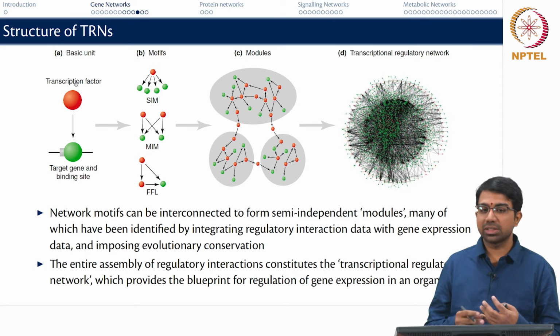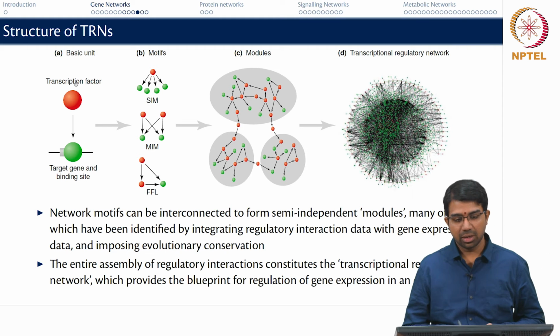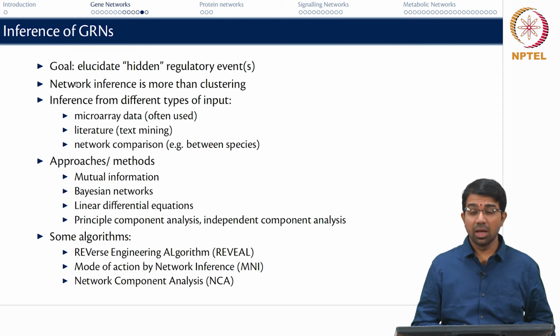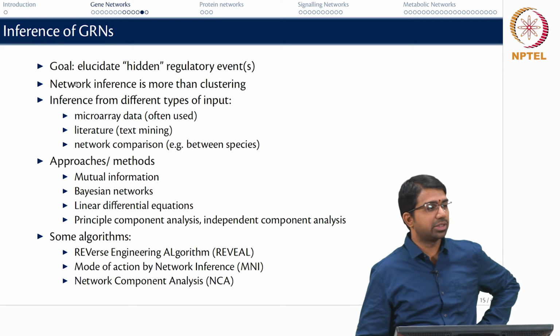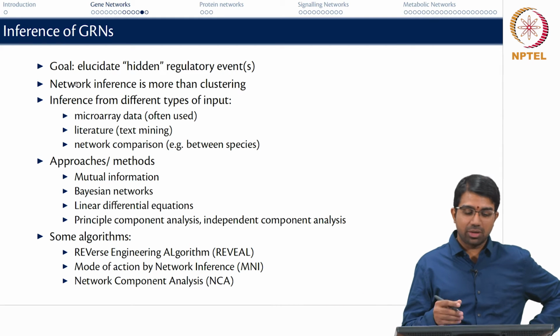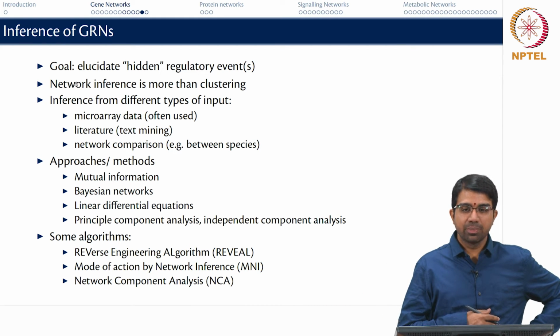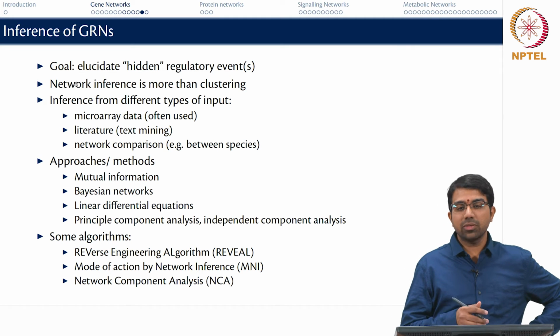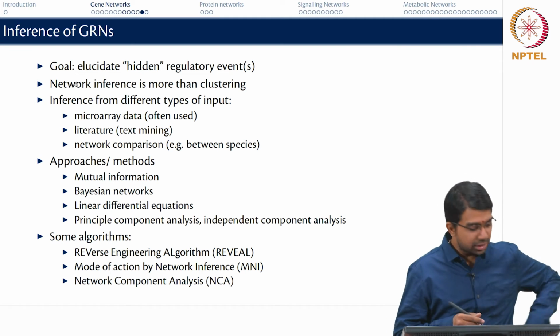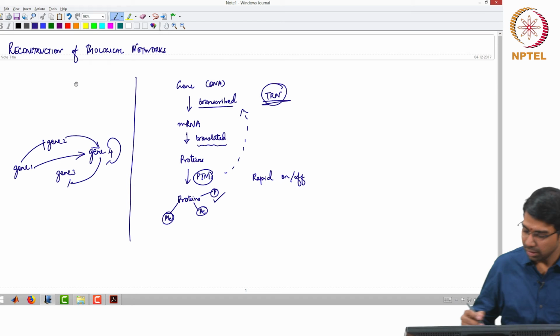So this is one more reason to say why we need to look at a systems picture to study these complex networks. Inferring gene regulatory networks is a very big field of study in itself. One could have a full course on inferring gene regulatory networks. The usual goal in inference is to elucidate what we call hidden regulatory events. It is just another way of saying